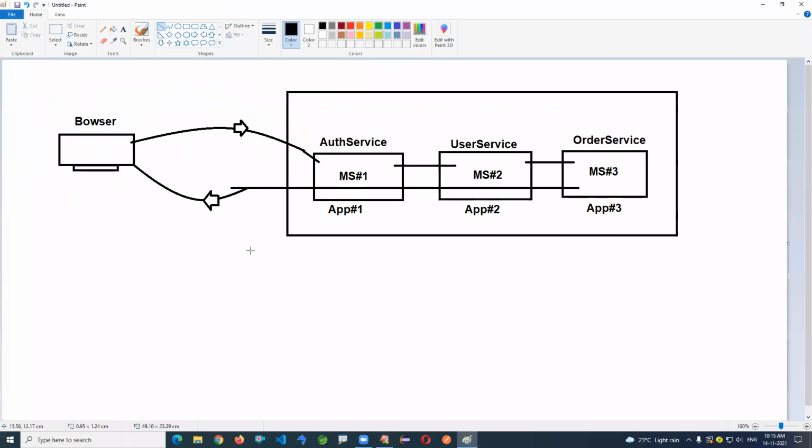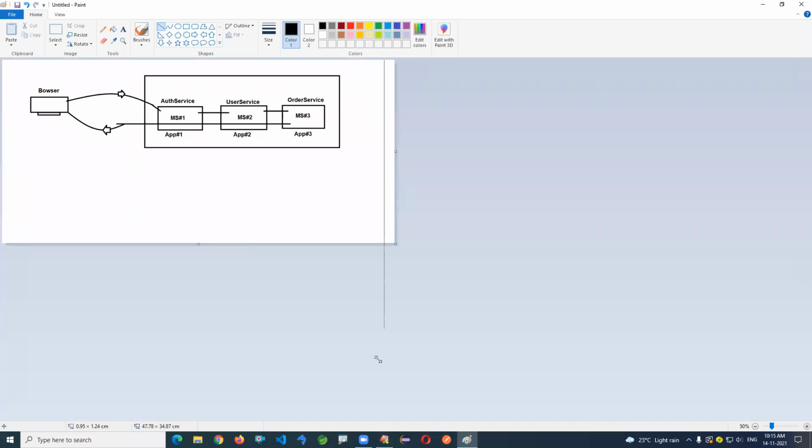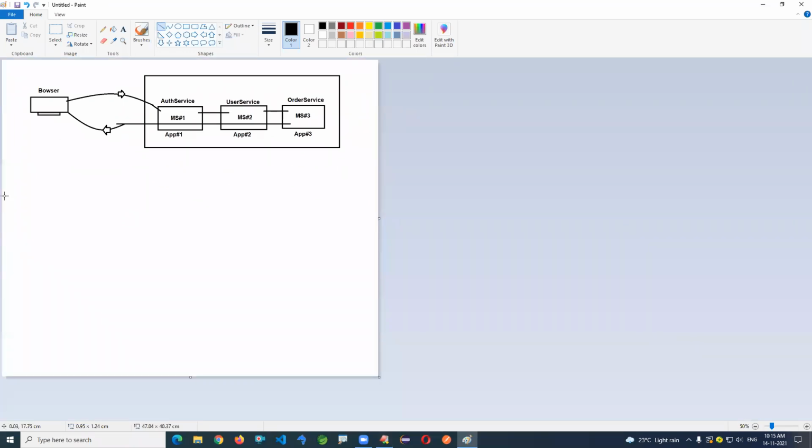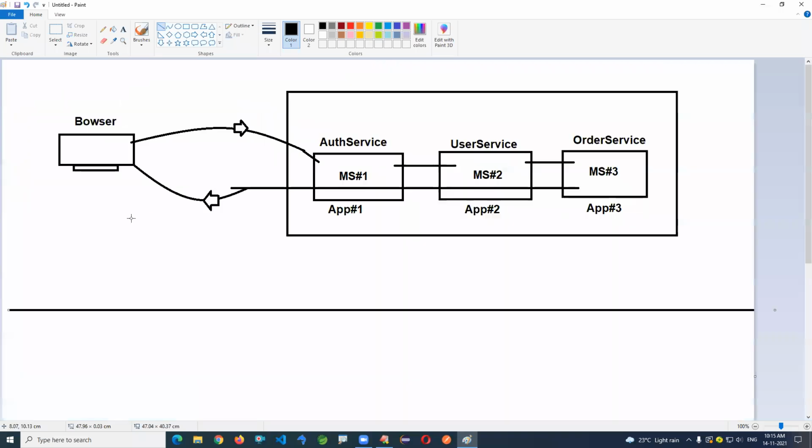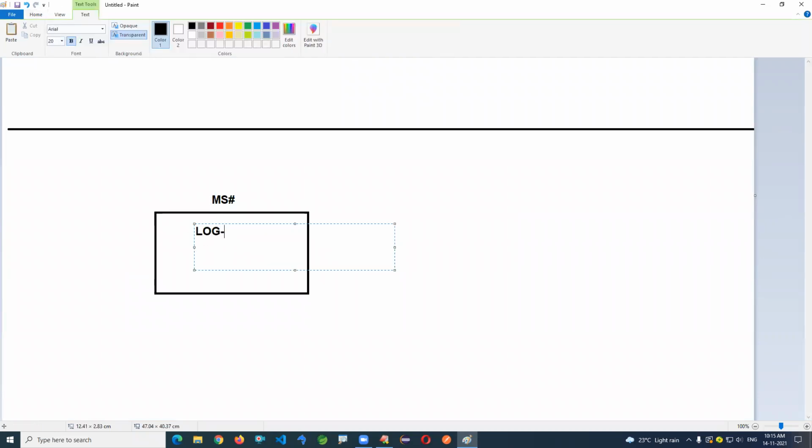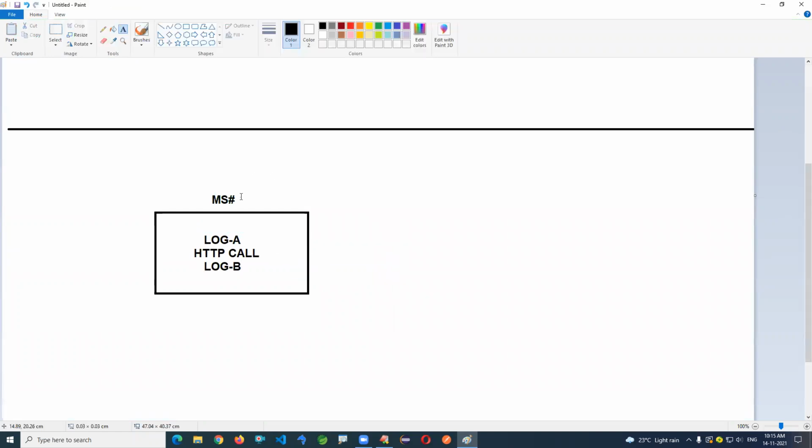Now let us take one simple requirement, and I'm going to show how it works. Consider there is microservice one. Microservice one has one log line A, and we have one HTTP call. You can take a RestTemplate or Feign client, anything. Then log line B. So this is microservice one.